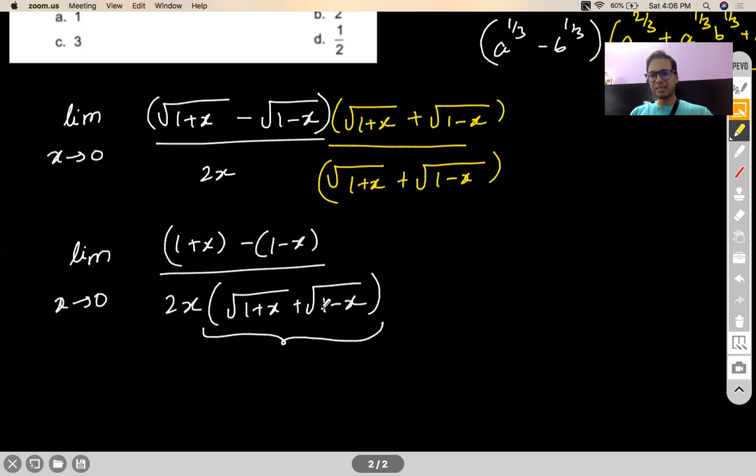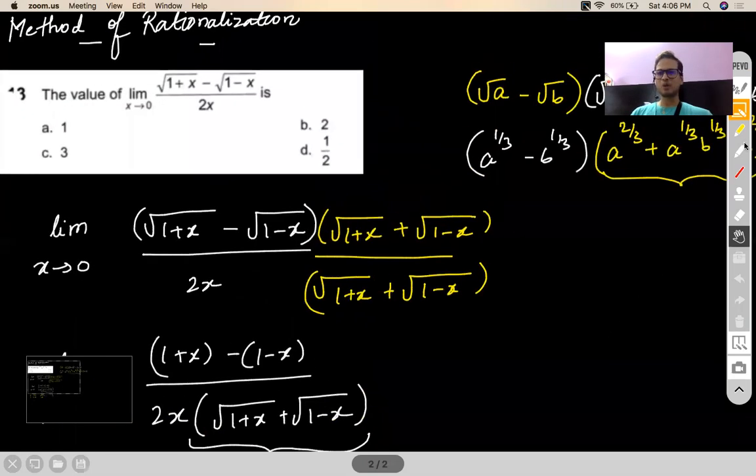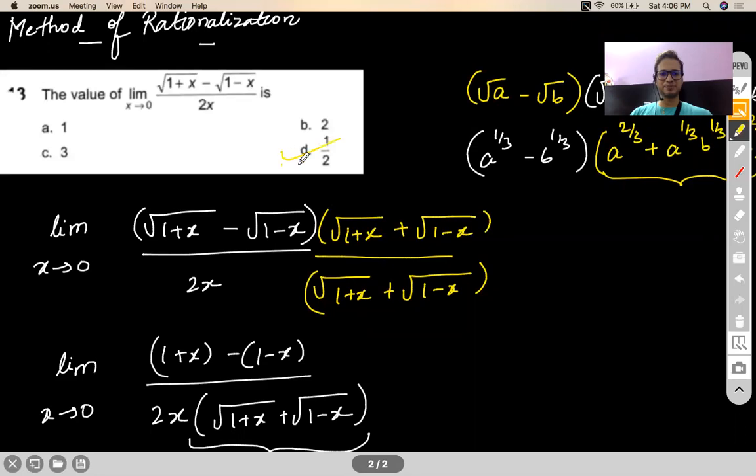What I recommend is, whenever you come across a harmless factor, put in the value that x is tending to and take it out of the limit process. Don't unnecessarily involve them in the limit. So I will put the value of x as 0 and this will become a 2. Let me bring it out. So this will become 2x by 2x. Correct. And 2x and 2x will get cancelled off, leaving you with the answer as a half. So option D becomes the right option here.